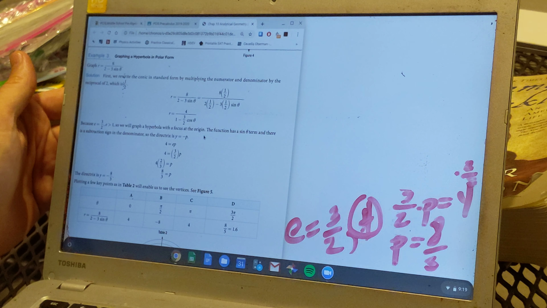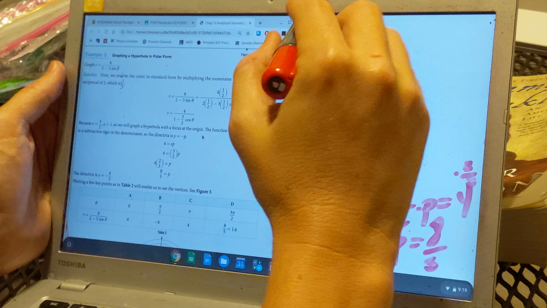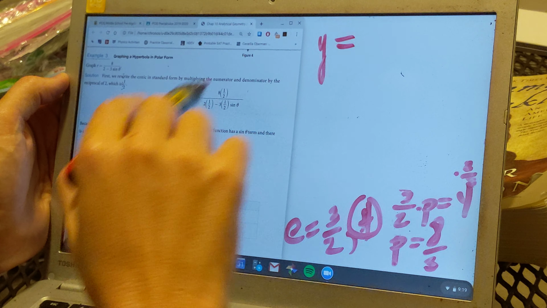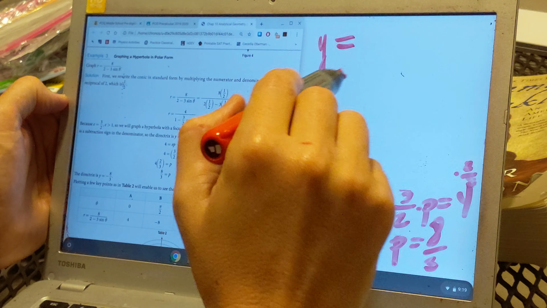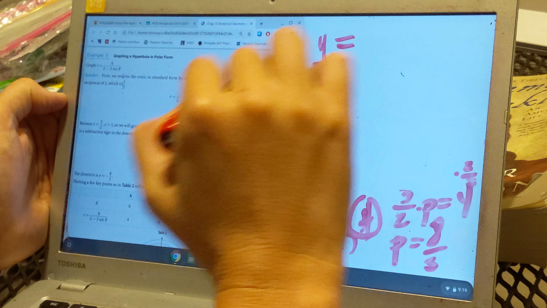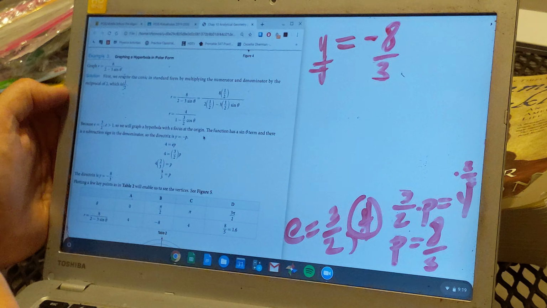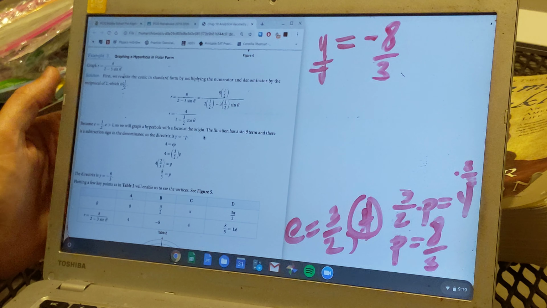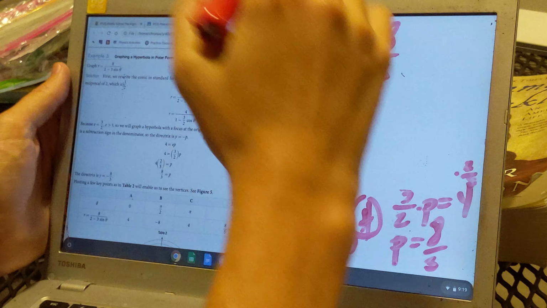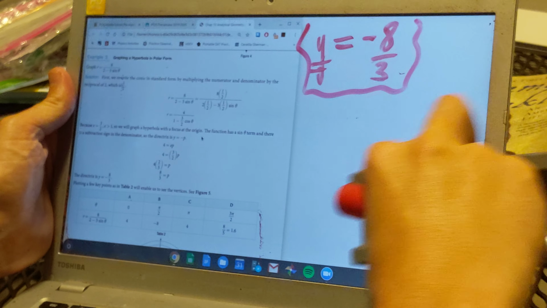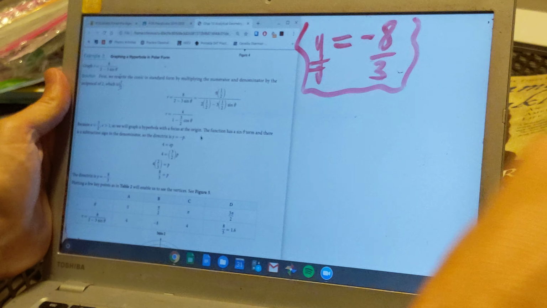And remember, this is where things get kind of complicated, but the directrix here is at y equals, and because of that negative in the very beginning, the -3 sine theta, we of course get a y, and it becomes a negative 8/3. All right, easy enough. So our directrix is going to help us, right? That's going to be the first thing we plot. So we found our p that